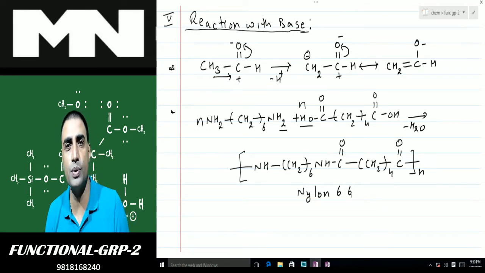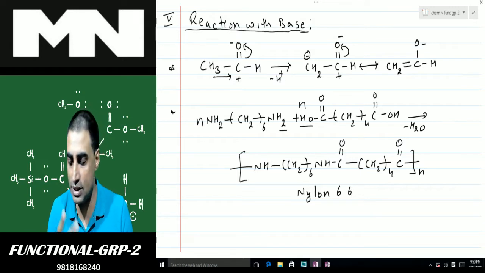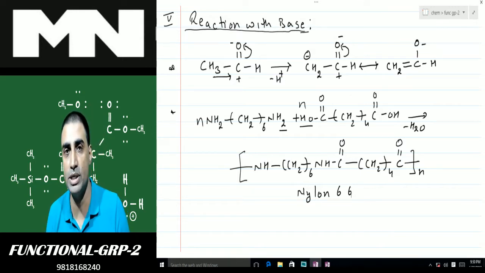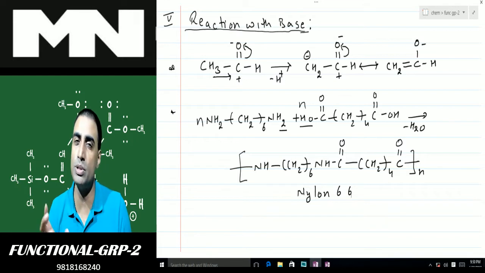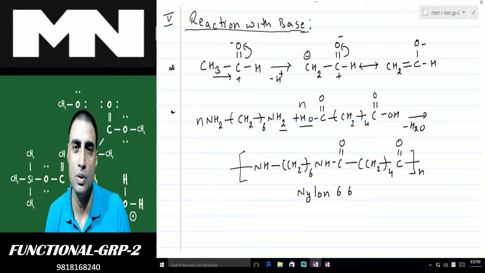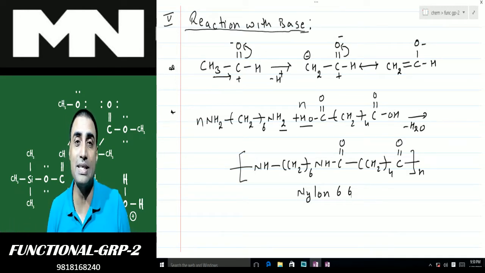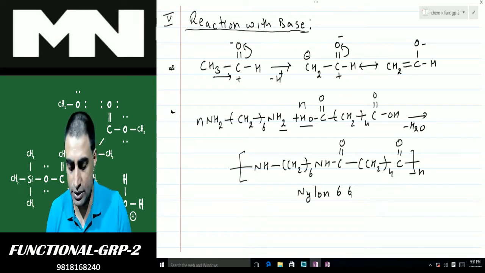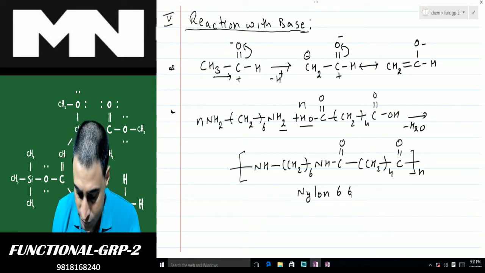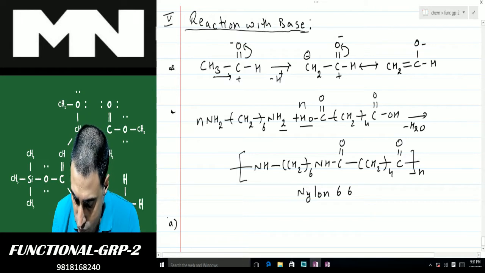Say students, there are two types of polymerization, that is the condensation polymerization and the addition polymerization. In addition polymerization, the monomers simply combine together with each other. So if you know the molecular mass of a monomer and you multiply it with the number of monomers which are forming that polymer, you will get the molar mass of the polymer. But in this case, the monomeric units are combining together, and in each reaction they are releasing a water molecule. Such a polymerization process is condensation polymerization. What we are going to do now is a reaction